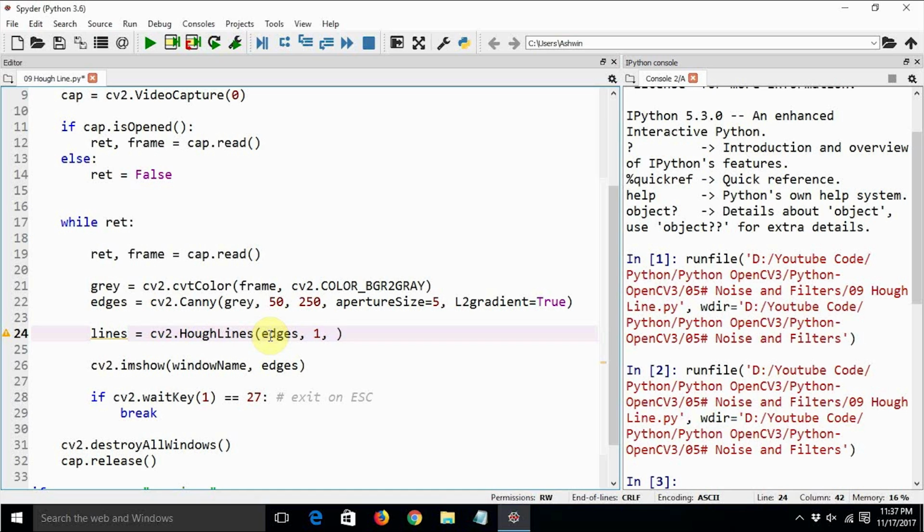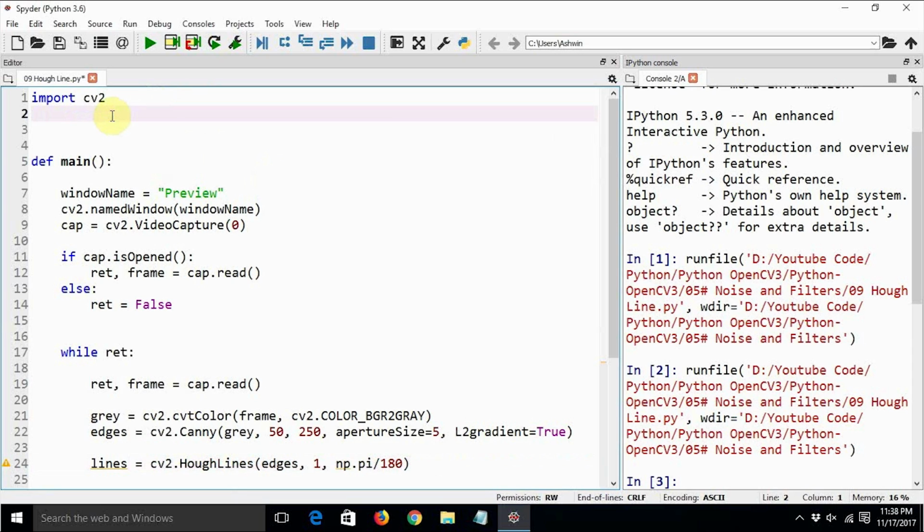The third one is the theta value. Theta stands for the angle accuracy of an accumulator. It should be something like np.pi divided by 180. And I guess we need to import numpy also: import numpy as np.